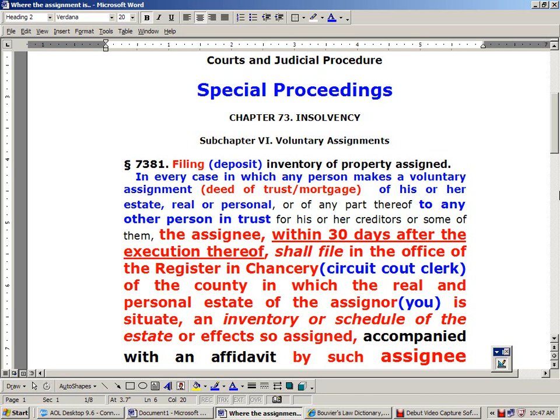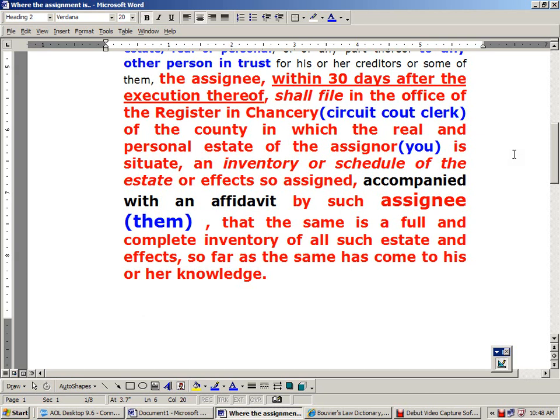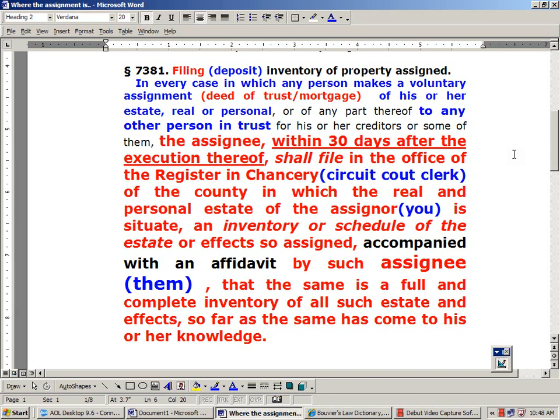The assignee, the person that we give this to, within 30 days after execution thereof, shall file in the office of the Register in Chancery, Circuit Court Clerk, of the county in which the real or personal estate of the assignee or you is situate, an inventory or schedule of the estate or effects to be assigned, accompanied with an affidavit by such assignee, that the same is a full and complete inventory of all the estate and effects so far as the same has come to his or her knowledge. So within 30 days of an execution,